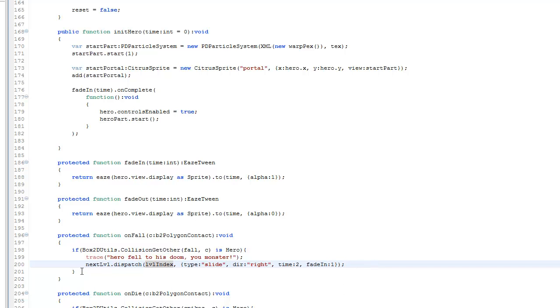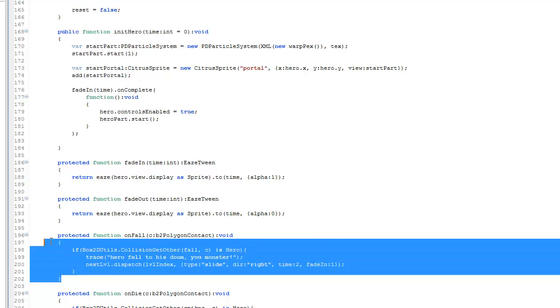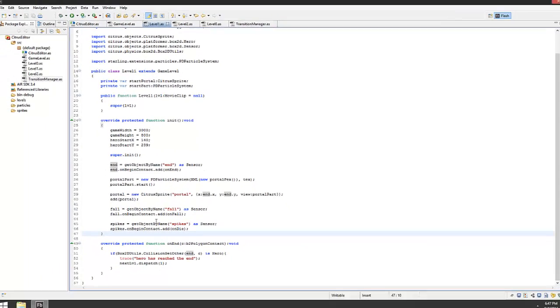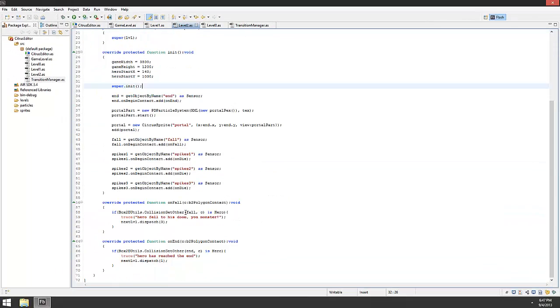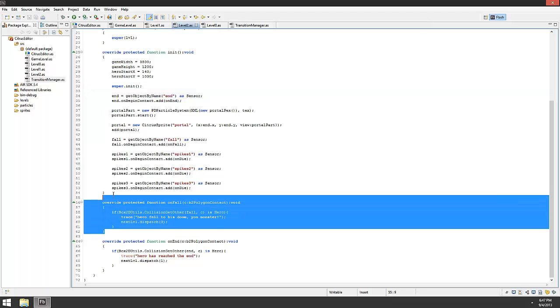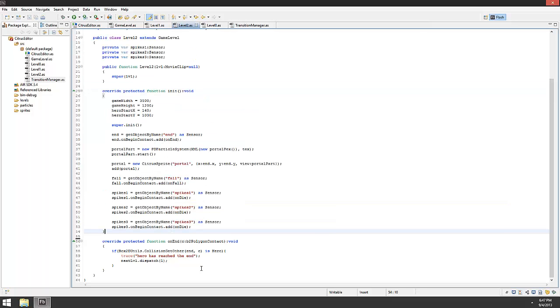All right, so that's just going to be our fall. We'll leave it on the game level. That way we don't need it on these levels here. We'll always just restart the level when you fall. Okay, so